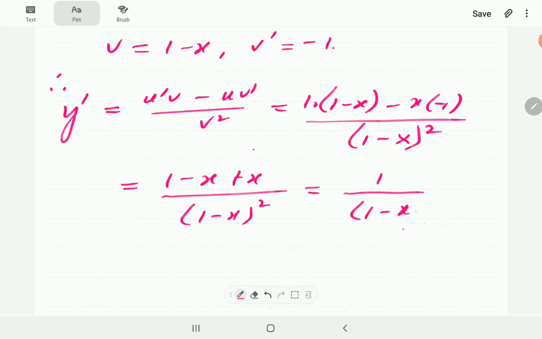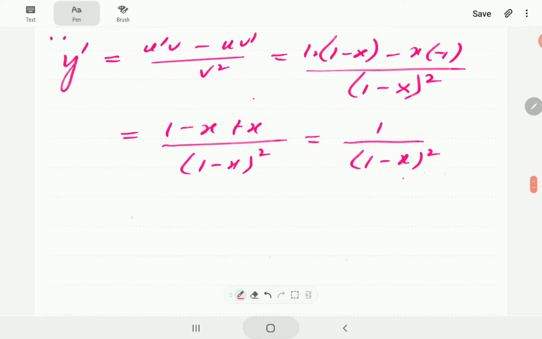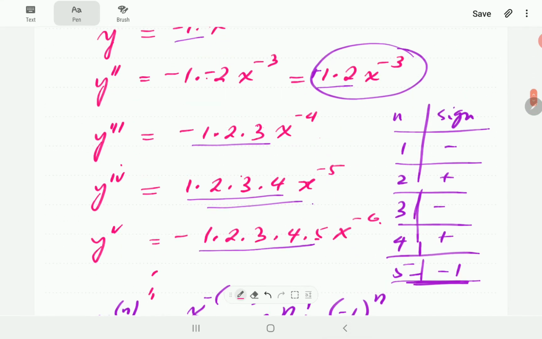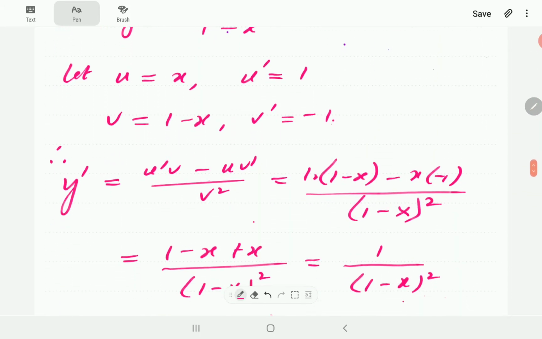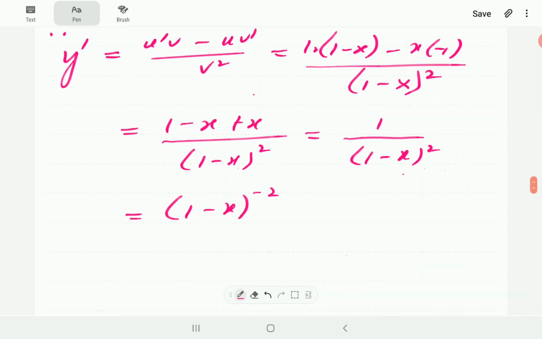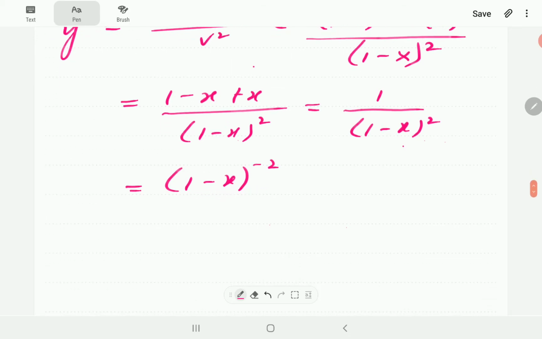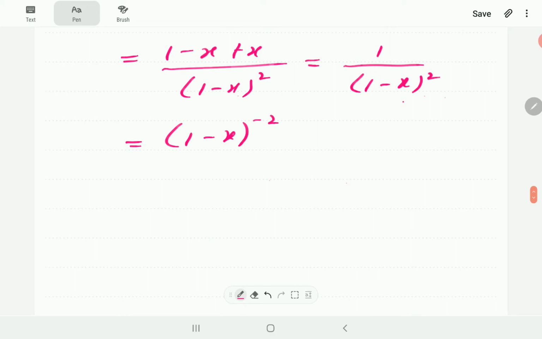in the numerator. And then what I'm going to do is we're going to write this as 1 minus x to the power -2. Just like we did there, so that for the subsequent derivatives, instead of using the quotient rule, because there is no x term here, we're just going to use the chain rule. All right, so that means second order derivative